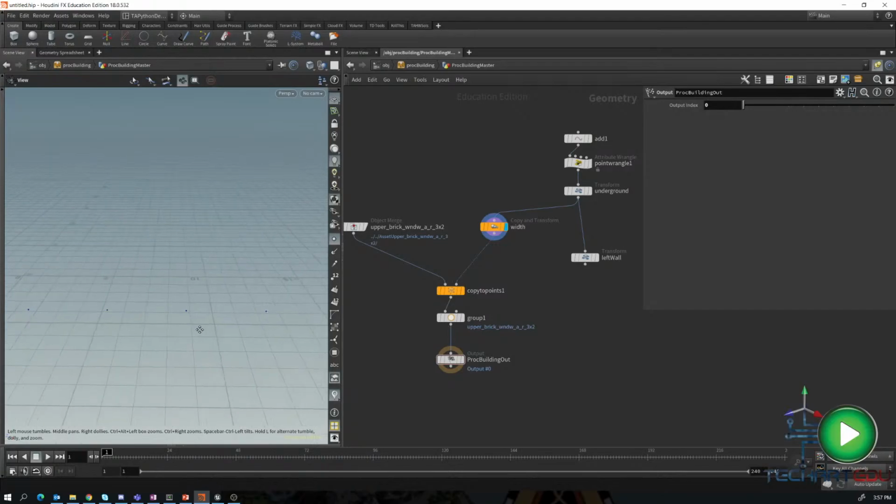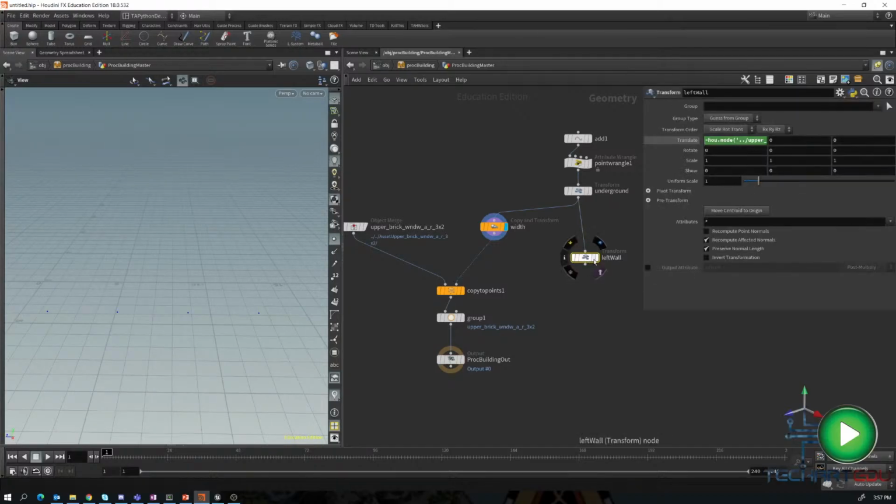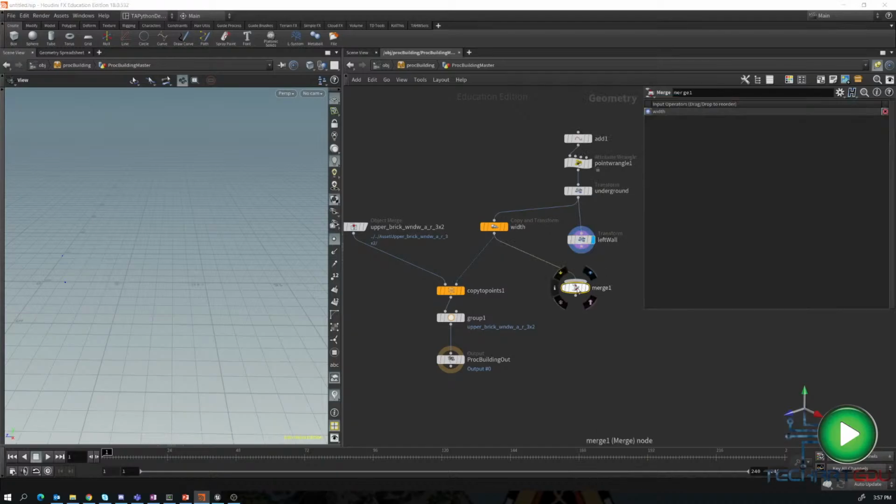I don't know if you can see those. Yeah, hopefully you can see those. And we've got this left wall where the point has just been moved over a little bit. So let's combine them all. So I'm going to throw in a merge node so that the points are all together, and so now we should have 5 points on there. And now let's move these 5 points to this copy to points. Now if we display this,